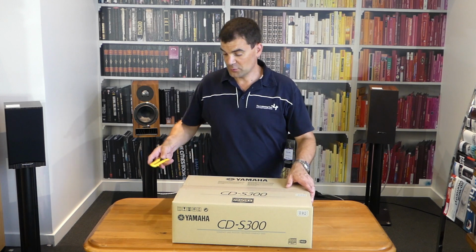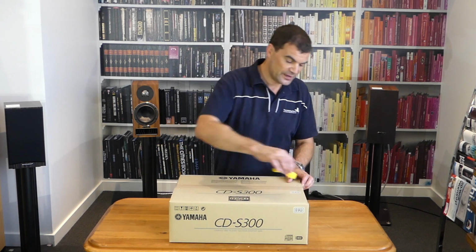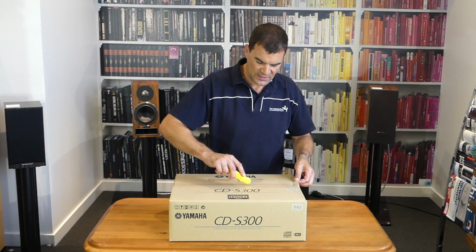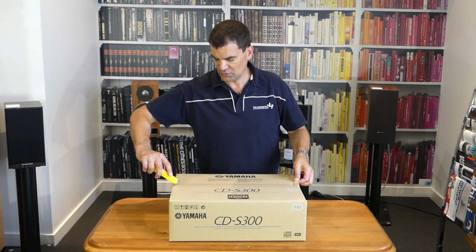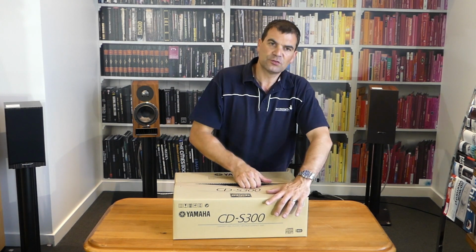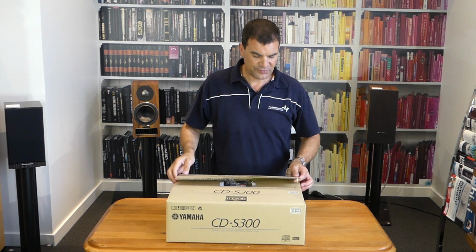Opening it's very straightforward. It's factory sealed with that sort of paper tape. So unlike packing tape, we're going to need to carefully slice across it, making sure that the craft knife doesn't end up too deep. It's reinforced with some staples, so you'll see I sort of need to give it a